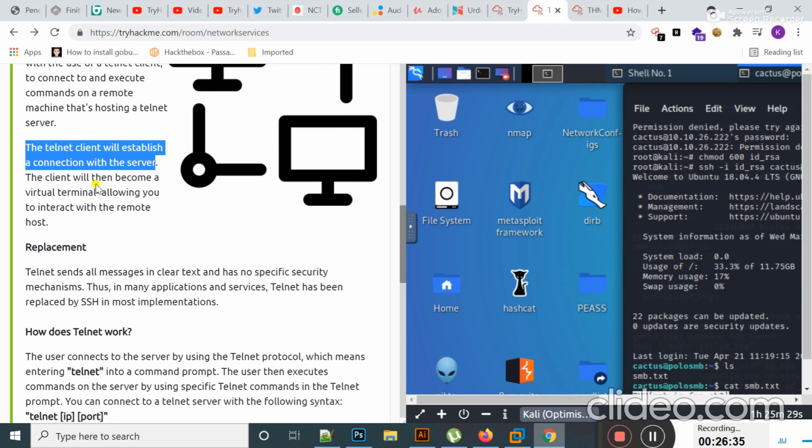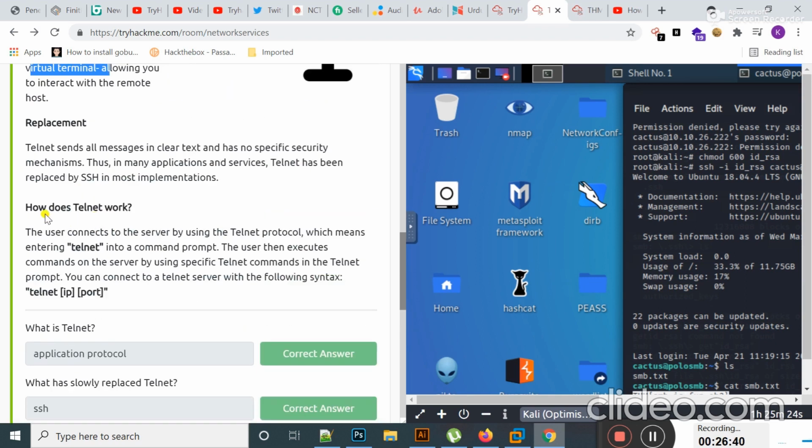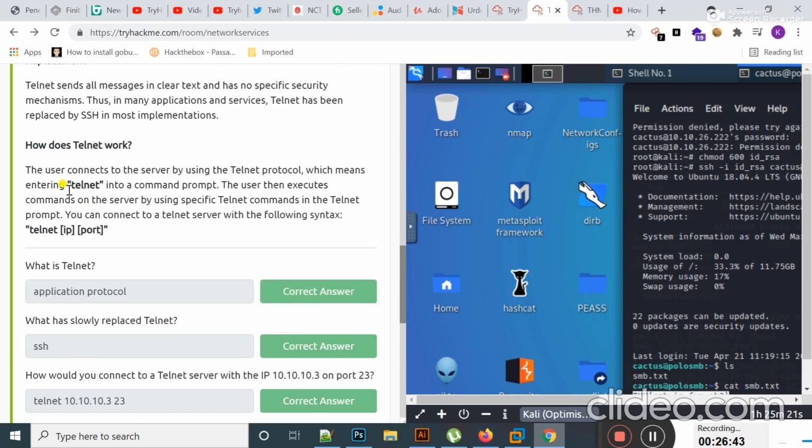Now use the information you have already gathered to work out the username for the account, then use the service's key to log into the server. What is the SMB text flag? It's time to find out the flag. If I type here cat smb.txt, here you can see guys, the flag of this room is this. I should copy it and place it here, as I have already done.